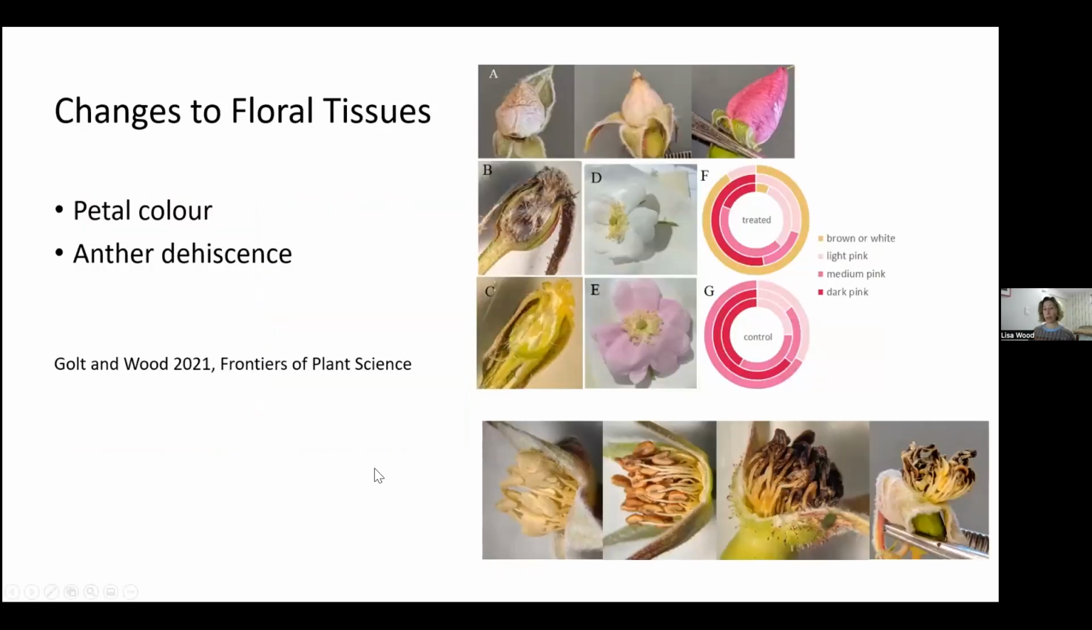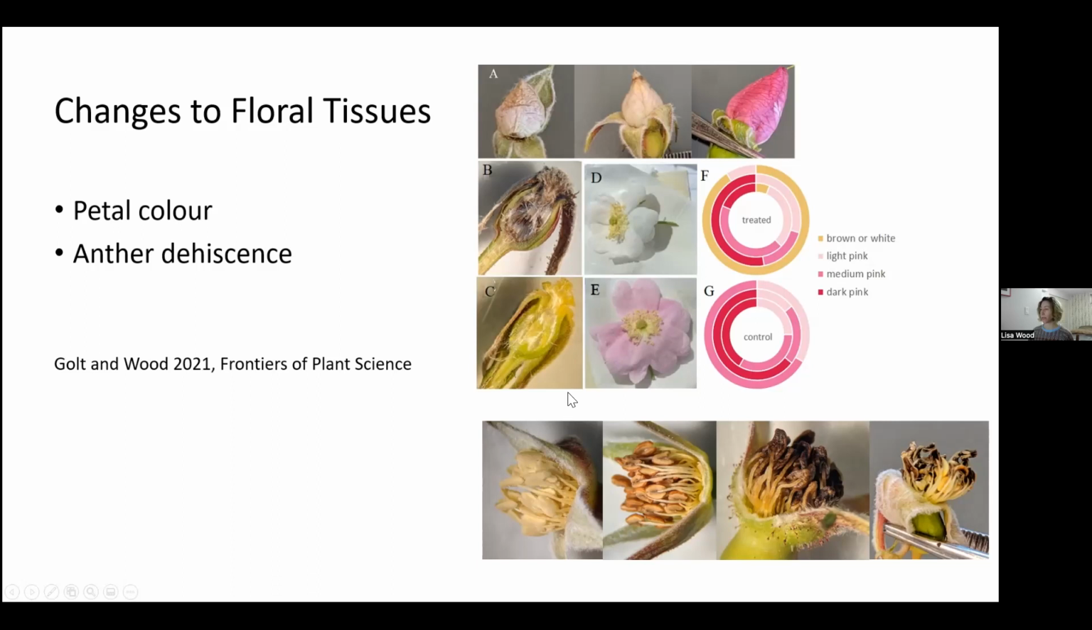We also see anatomical changes to flowers. This work was conducted by Alexandra Golt in 2021. She was working on an undergraduate thesis during this time. This was published in Frontiers in Plant Science, and you can see that there's changes when she looks at, this is Rosa acicularis, so prickly rose. When she looks at rose petal color, the shape and condition of the buds, this looks like a really old bud, but these are actually brand new buds, but just from treated areas